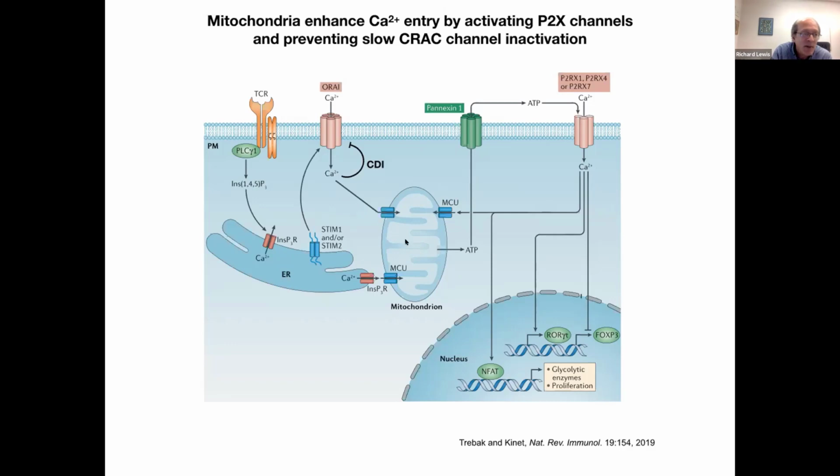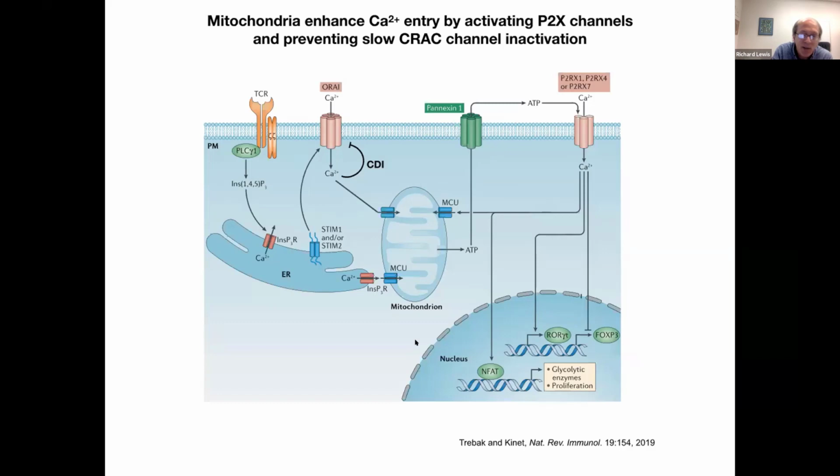In addition, the calcium that they take up activates dehydrogenases within the matrix to boost ATP production, which is a way of matching ATP generation to metabolic need. Some of this increased ATP is thought to leave the cell through pannexin 1 channels, also located at the synapse, and acts locally to activate purinergic receptor channels like P2X1, X4, or X7, that then can conduct calcium into the cell and boost the cytoplasmic calcium signal.